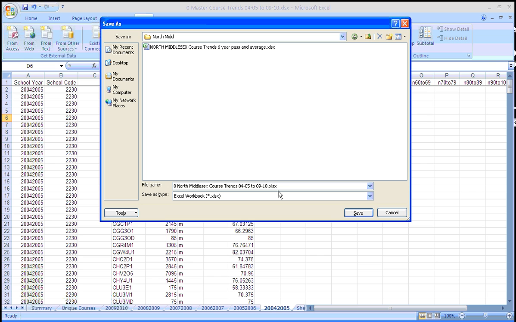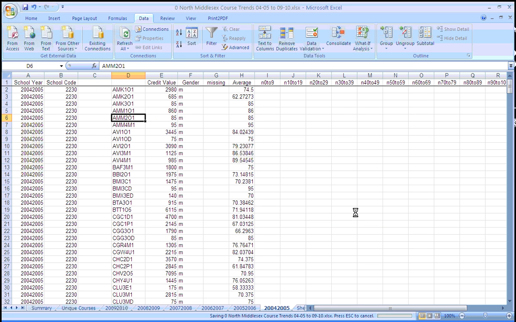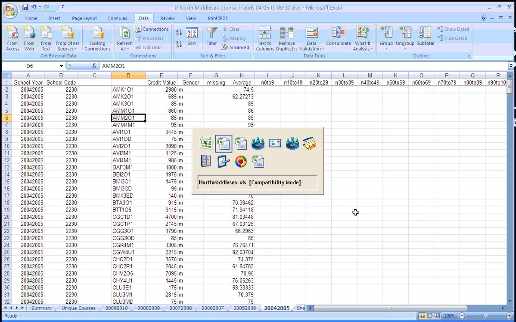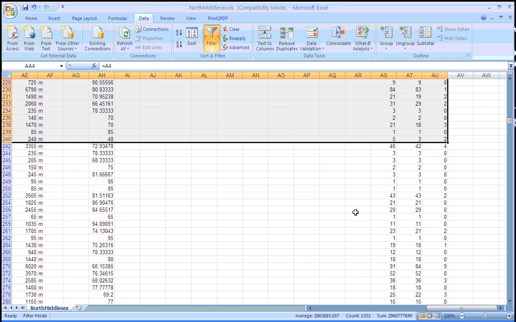Course Trends 04, 05 to 09, 10. Okay, so that's done. I'm going to flip over to my other XLS file that's here. And again, I want to save this one so I don't forget. And this one I'm just going to save right over top because I'm super ultra confident I didn't screw anything